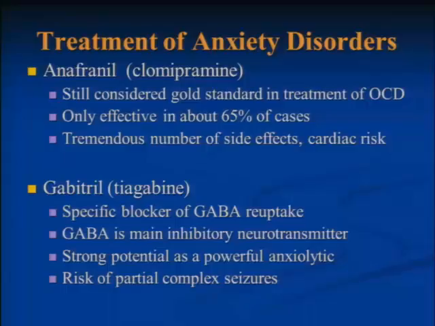Another medicine is Anafranil, clomipramine. Standard psychiatry considers this the gold standard. It's a very strong SSRI. It only works in about 65% of the cases. You had to measure blood levels because it is toxic. But it's useful. Gabatril. Gabatril is a